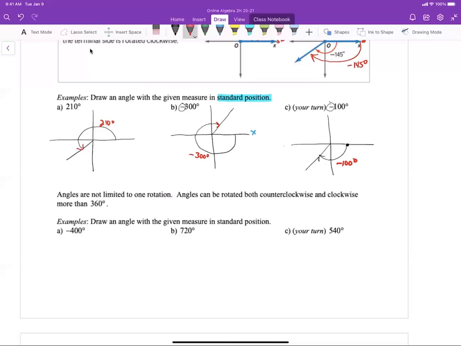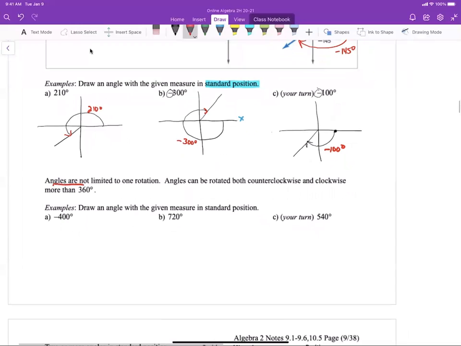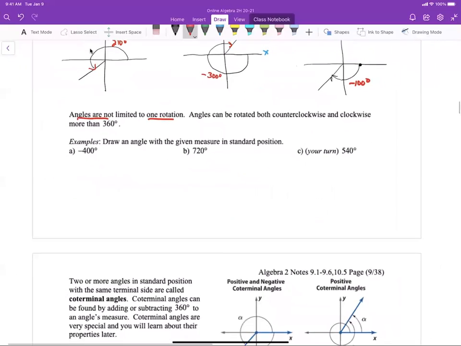Okay. All right. Now, angles are not limited to one rotation. We can actually go past 360, believe it or not. Angles can be rotated both counterclockwise and clockwise more than 360 degrees. So let's draw an angle of negative 400 degrees. So how do I do that? Well, I'm going to start at the positive x-axis. I am going to go in the negative direction. I have to go all the way around there. I have gone 360. If I go another 90, that would be 450. And so it's in between there. So I'm going to stop right about there